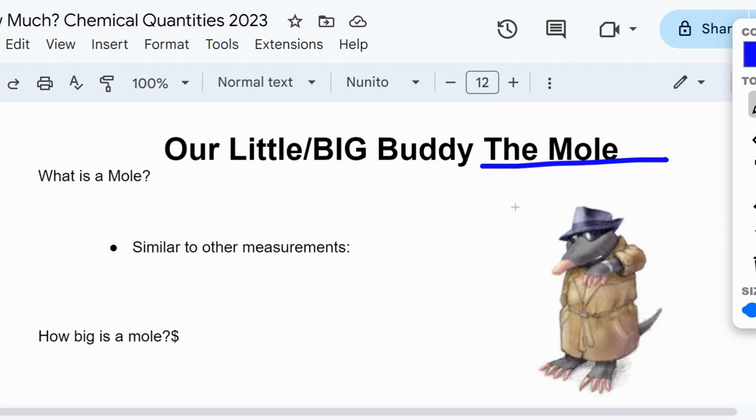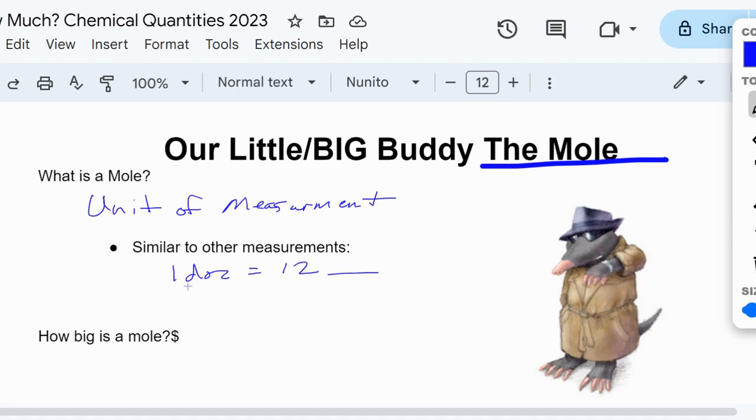Okay, the mole helps us keep track of how much stuff we have. So what is the mole? Well, it is a unit of measurement. It's very similar to, we know, and everybody knows that 1 dozen equals 12 whatevers, 12 eggs, 12